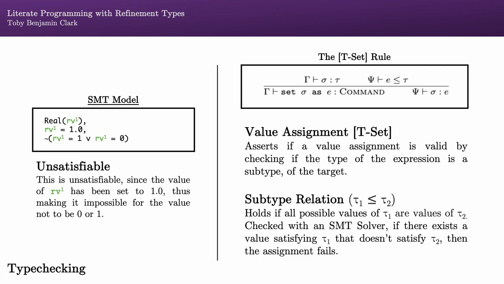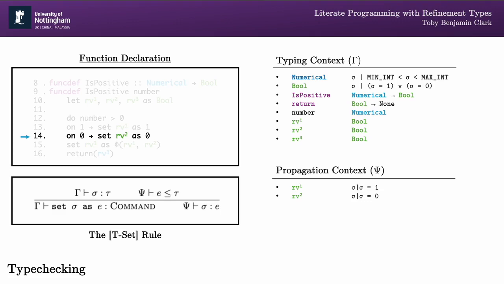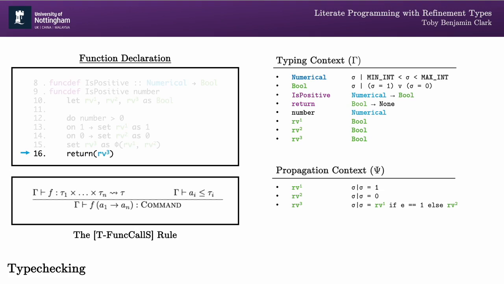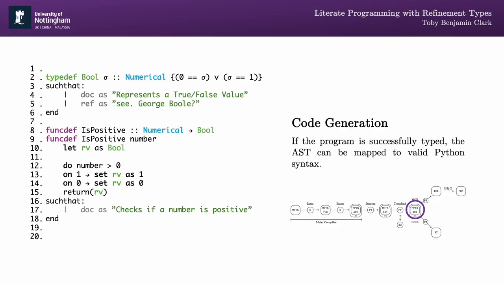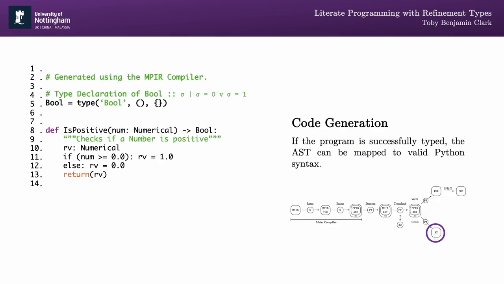This is checked using an SMT solver. If it isn't, then it is set to 0. Therefore, the refinement of rv3 can be conditional to this. Finally, the tfuncCall rule asserts that the type of rv3 is a subtype of Boolean. This validates the function. After this, the AST can be tangled into Python code, or alternatively, it can be woven